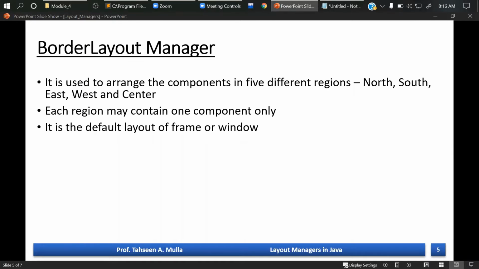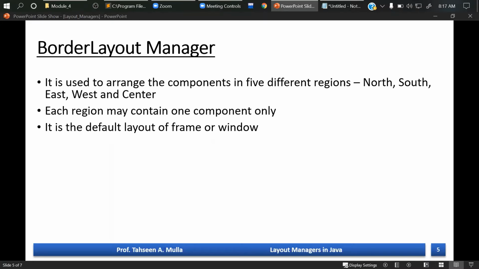Now here in border layout, what does it provide by default? Whenever you try to implement border layout, you will be using 5 different regions. If you do not want to use any of those regions, those will be left blank, right? So none of the components will be added to that region, right? So each region can contain a separate component only. And if you want to add any component to north or to west, you can add that by using the region name, right? So in a frame or window, it will be the default layout, right? So these are the main 5 regions.